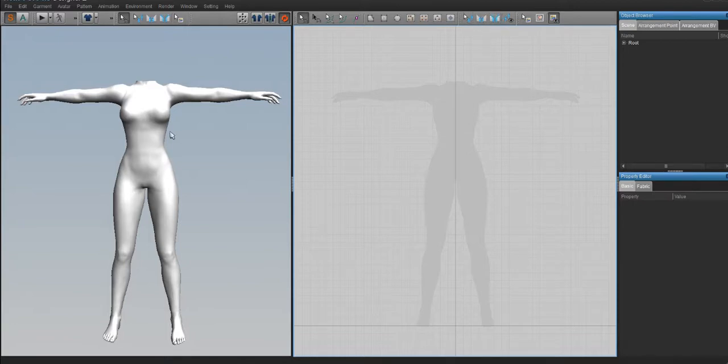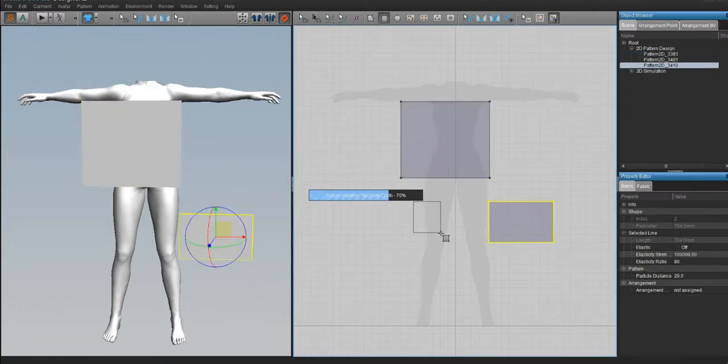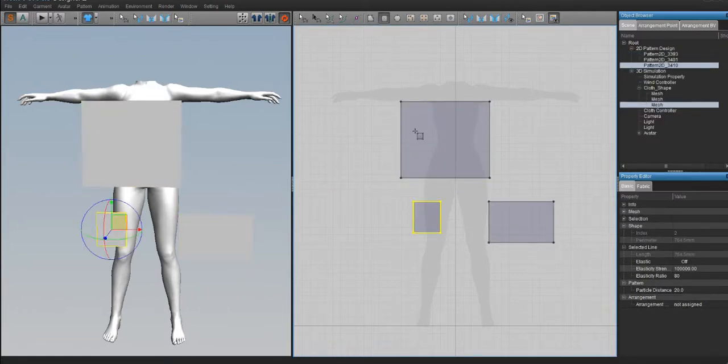But I like to do that in 3D, so I'll show you that later. Next to this are these arrow tools. These ones we have been using. So I'm going to create a pattern so I can show you how to use these and what they do. I'm going to create three squares, and I'm going to show you what the arrows do so you know